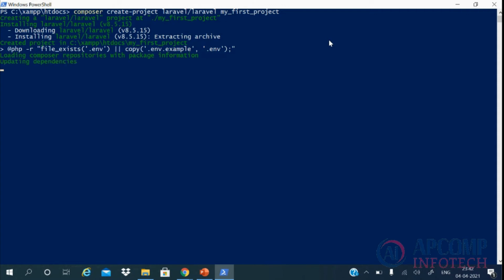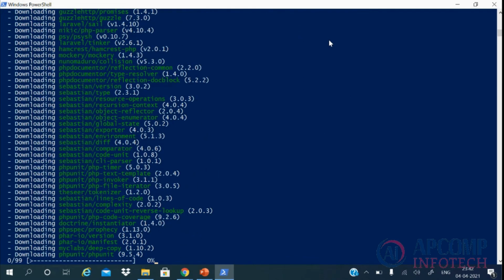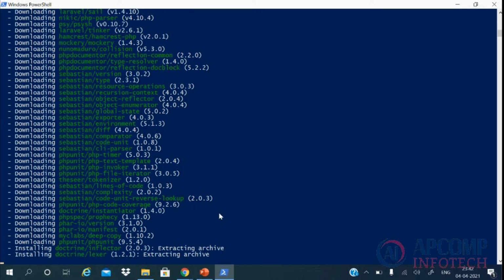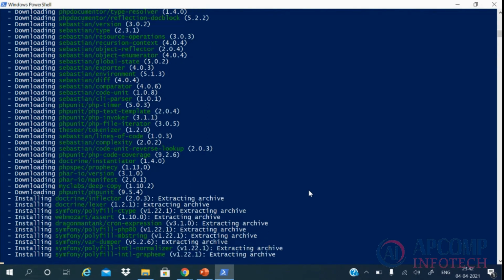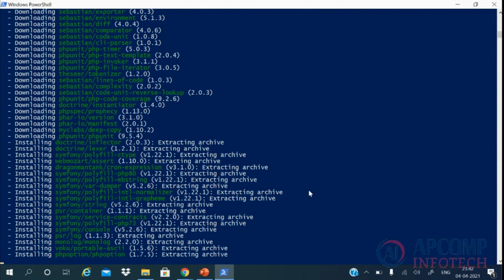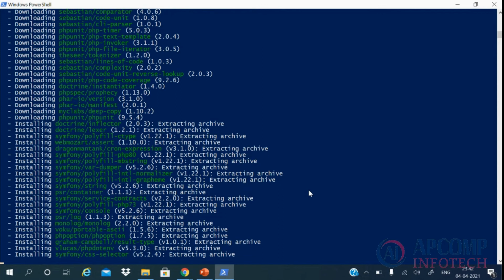It may take some time based on the dependencies. Here you can see there were 99 dependencies which need to be installed. Composer is installing them one by one into the system.